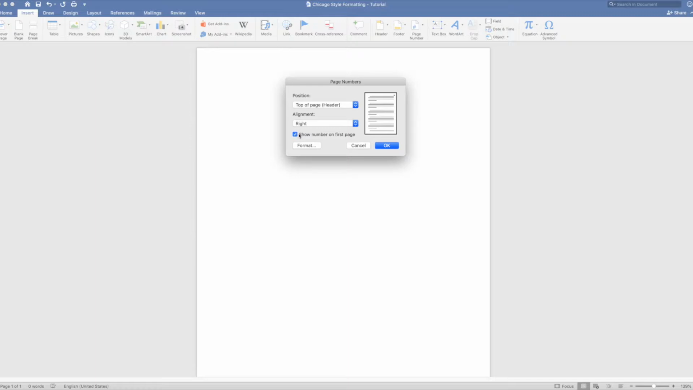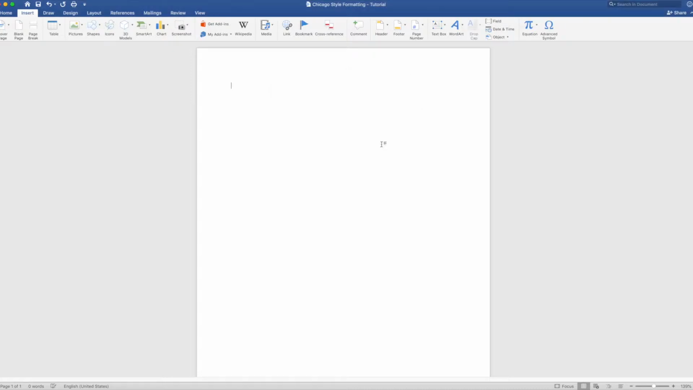And now typically Chicago style does not require a title page. However, with the discretion of whatever your professor requires you to do, you may or may not include a title page. So if you do have a title page, uncheck this box here that says show number on the first page and you can click OK. So that's why you wouldn't see the page number on the first page. As you go on to the next page,